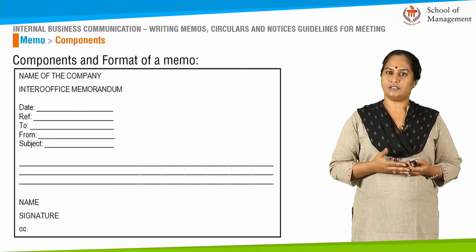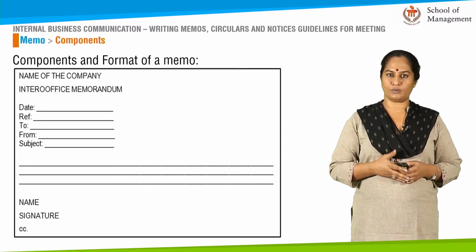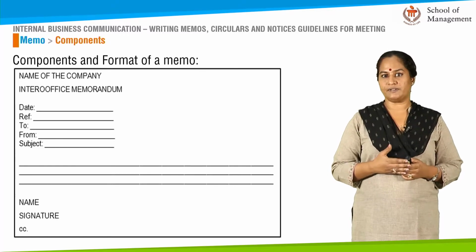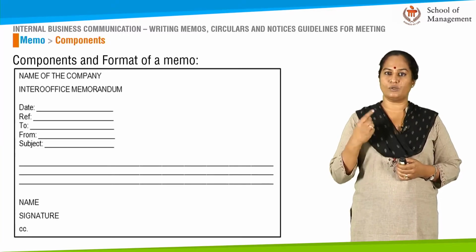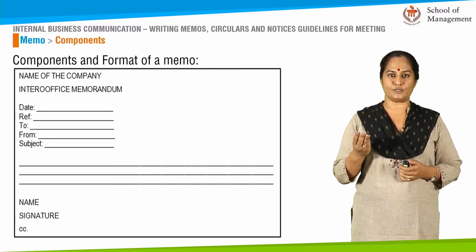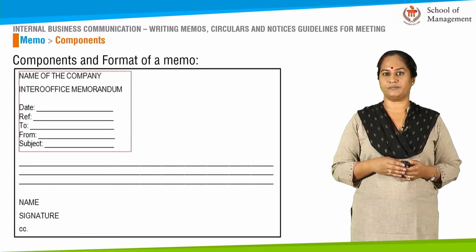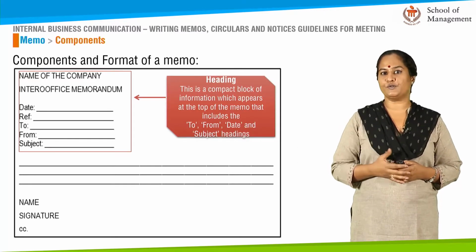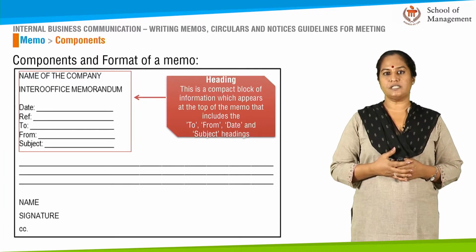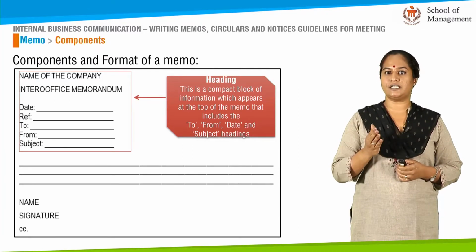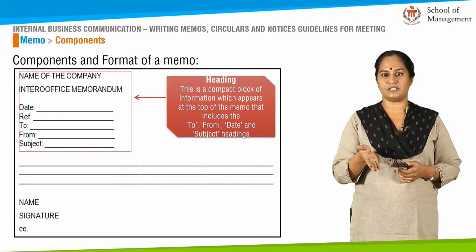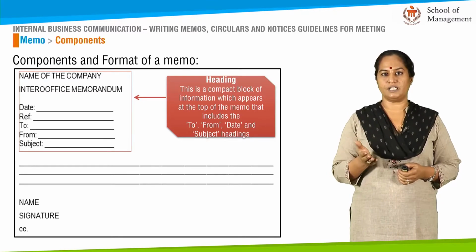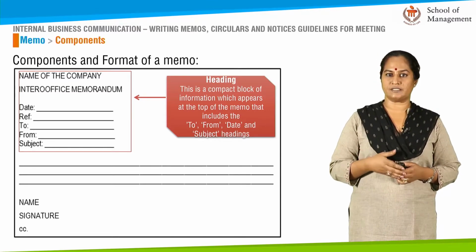While companies differ or customize the formats of their memo, we will look at a format for our learning purposes, but always remember that a memo will have three parts, which will be the heading, the body, and the signature part. So let's start with the heading. The particulars of the heading actually serve as a reference point for future communication. Very important in terms of date, that is the date not of when the meeting was held, but on the date of sending the memo.